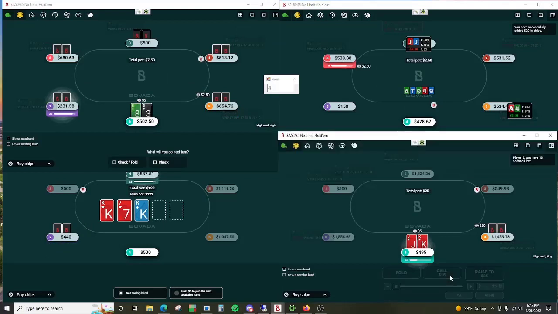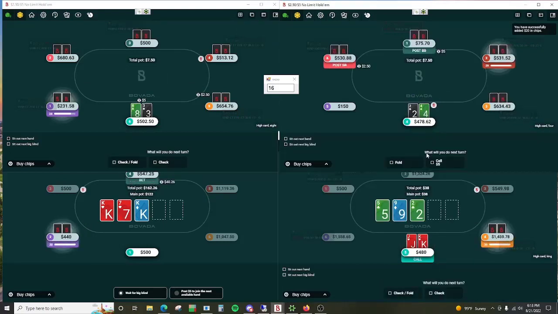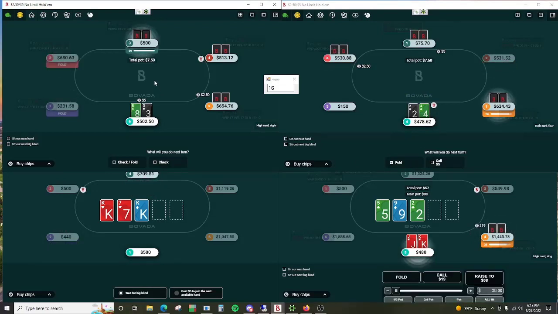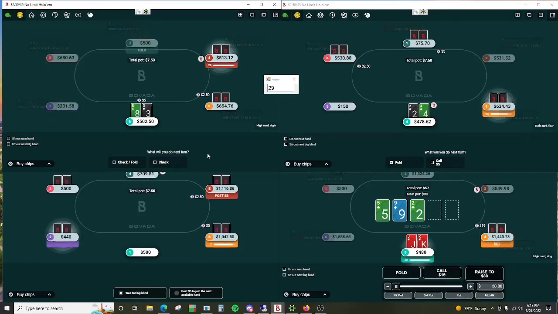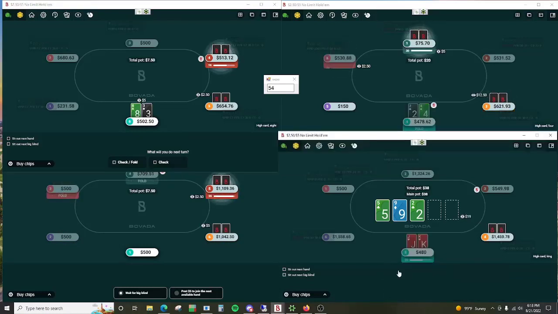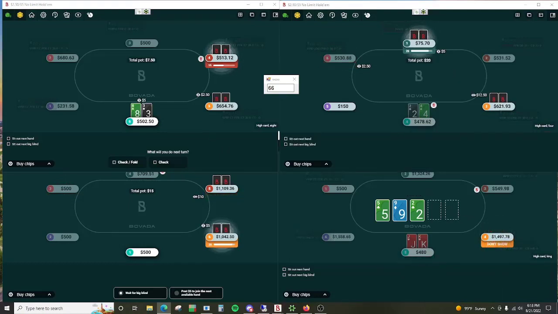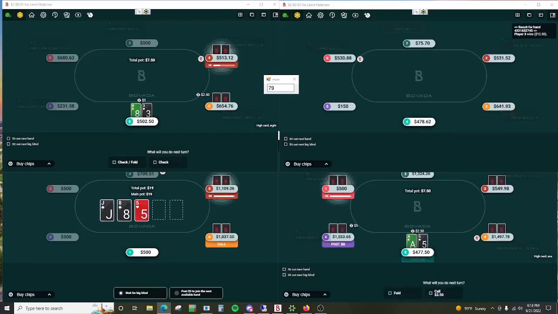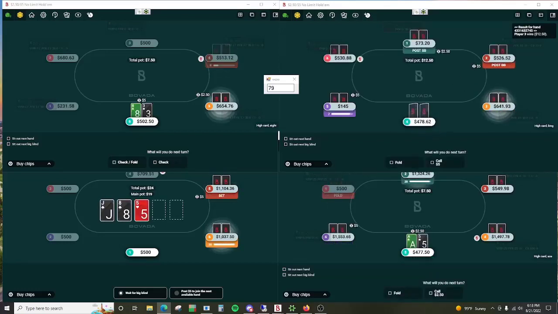Okay. 4x open down here, which is interesting. This one seems a bit optimistic. Facing half pot. After you open 4 big blinds, you have to do a lot of checking. Especially since,